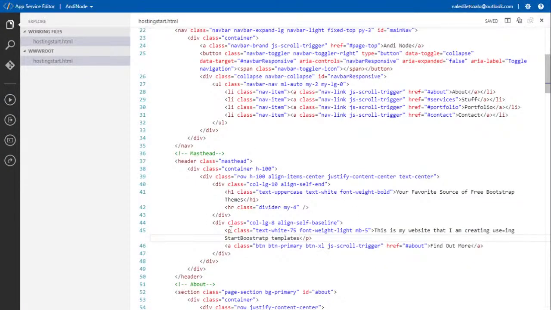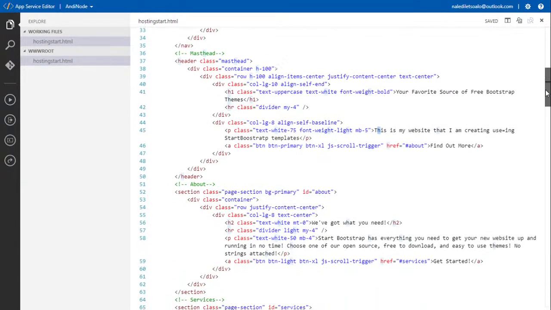If I was able to change something that is in a P class by changing the black text, then it kind of means that if I want to change other things within a website that are just text, I need to look for P class. Specifically for this template that we're using, P class means that the stuff I'll be seeing can be changed just by changing the black text. And this is also if I'm using a text editor for App Service.